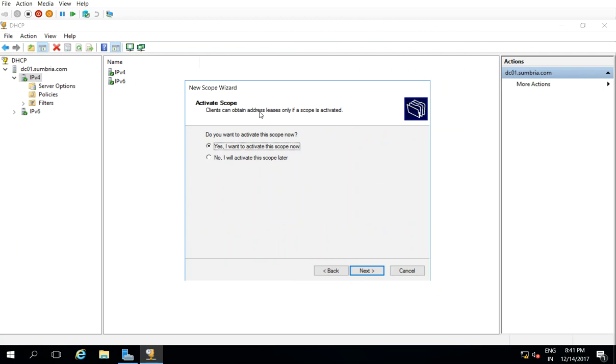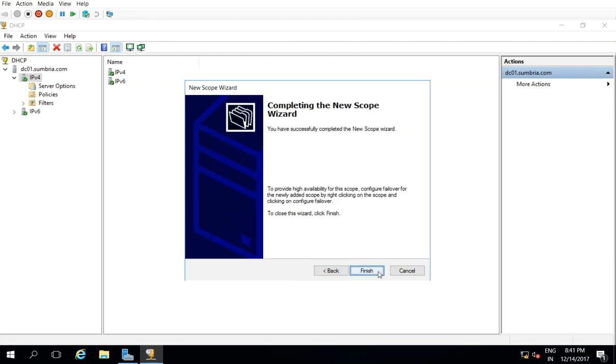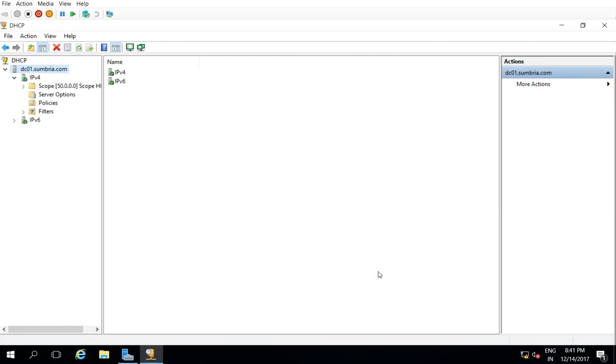So a client can obtain an address lease only if the scope is activated. So yes, I want to activate the scope now. Click Next. So that's it. Finish. So now we can see how